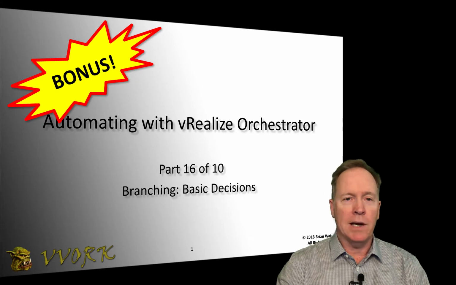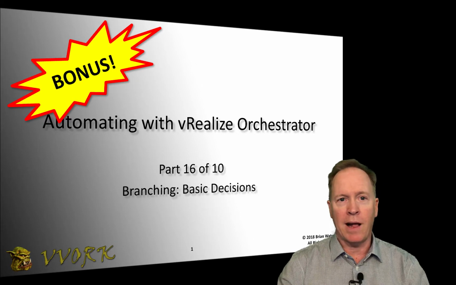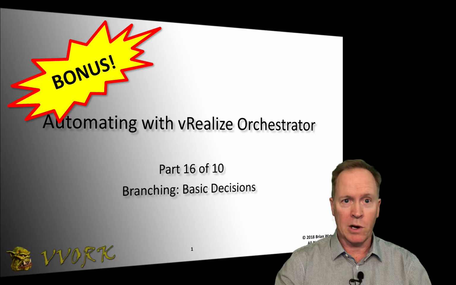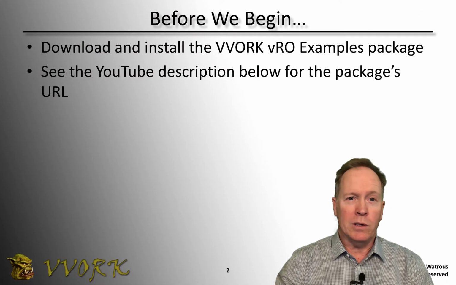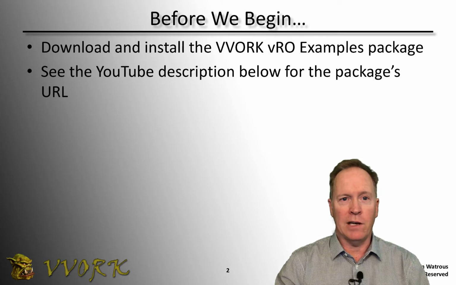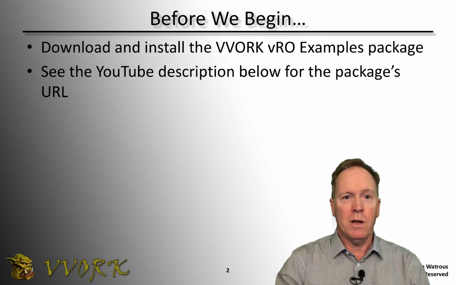In video 16, we're going to be talking about a branching schema element provided by vRealize Orchestrator called a basic decision. Now, in order to explain how to use the basic decision, I've already created an example workflow that illustrates